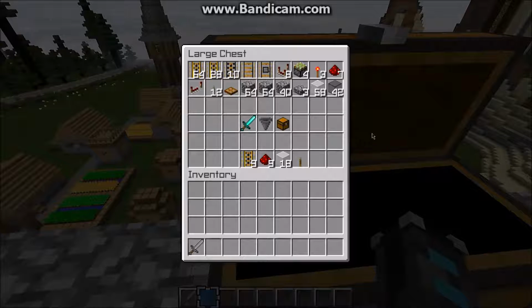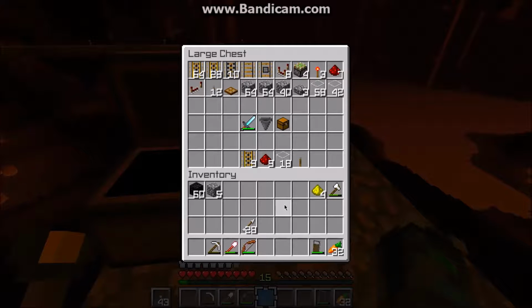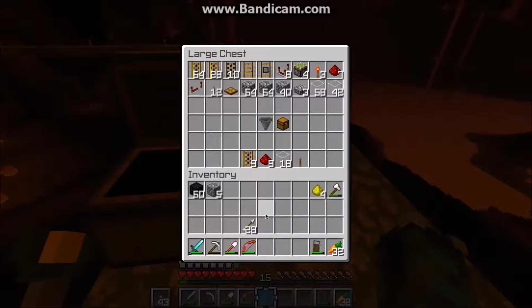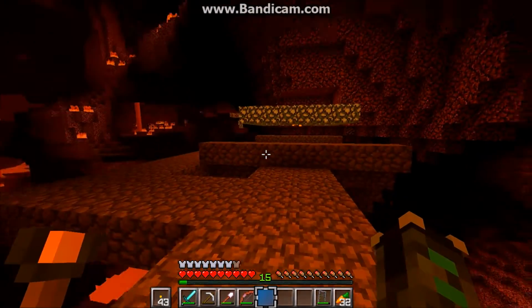First thing we need to do is gather up all of this in our survival world. Ta-da! There we go. We have our stuff in survival. As you can see there, that's my sword that I'm using right there. Yeah, this is all the items that we need in order to make our blaze farm